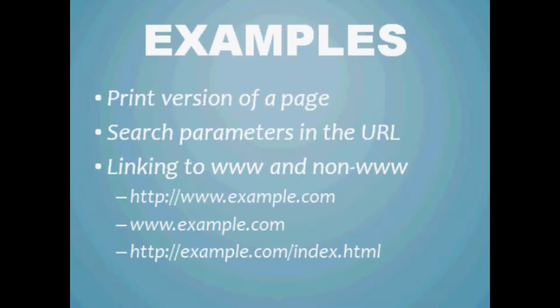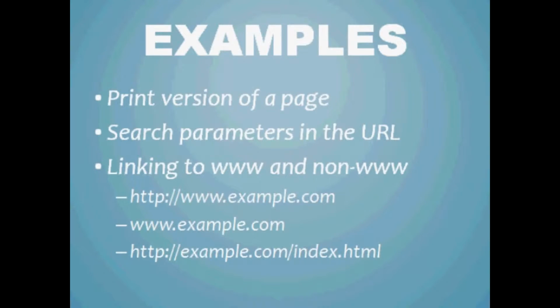This is very common. For example, on Wikipedia, you have the standard page that has the article, and then you can click on the link that says Show Print Version, and you've got all the same content just on a different URL. Another way it happens is by having dynamic URLs, especially on search results, where you have the parameters